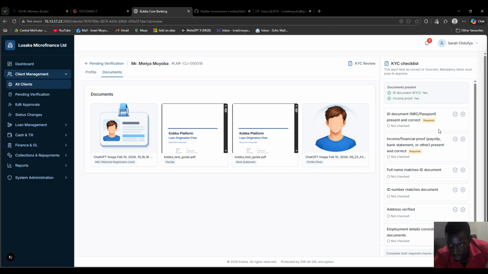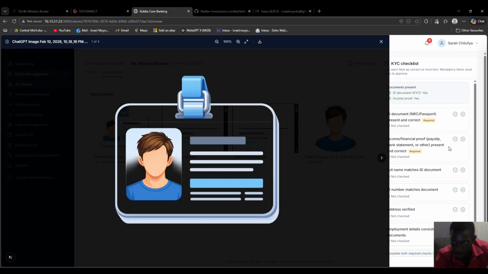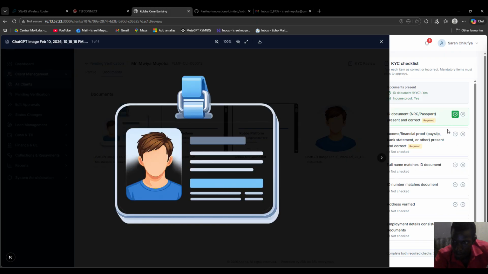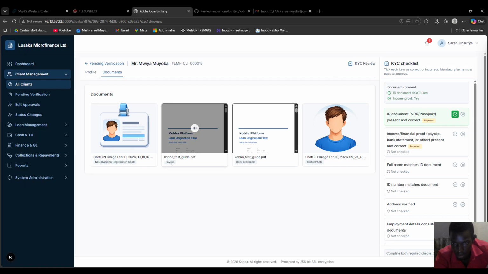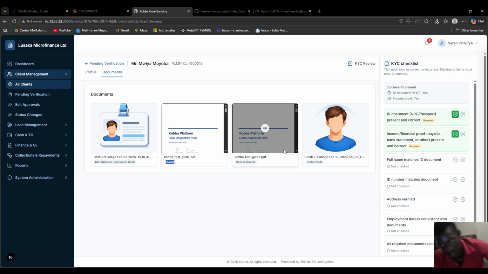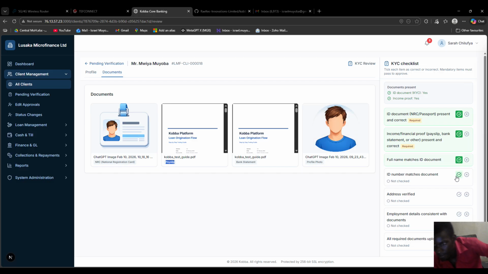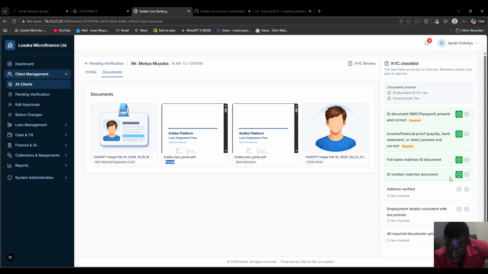If they're happy, they begin to tick. So is the ID document present and is it correct? We're assuming this was the ID document, so we'll say yes. What about proof of finances? Do we have a pay slip or something of that sort? We're assuming this was our pay slip, so we'll say yes, and everything is correct. What about the name? Does it match the ID? Yes. What about the ID number? Is it correct? Yes. Has the address been